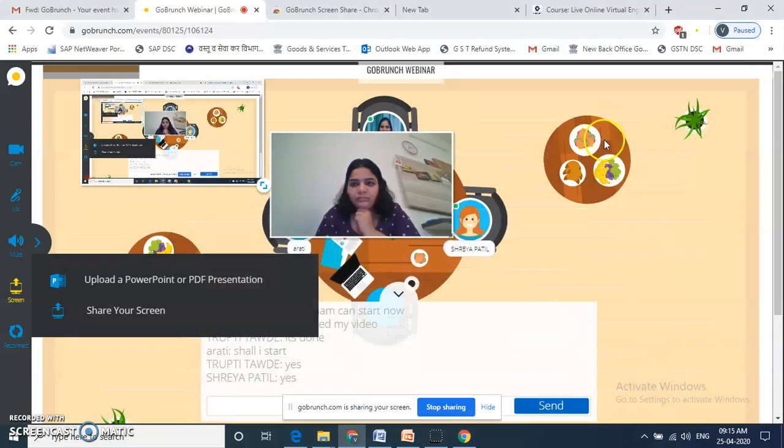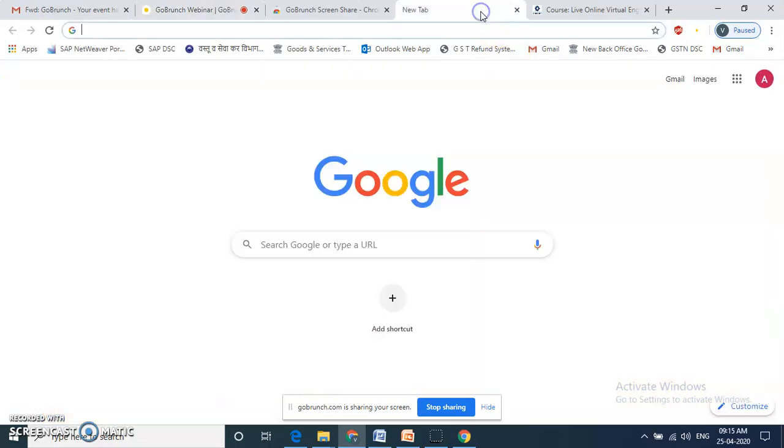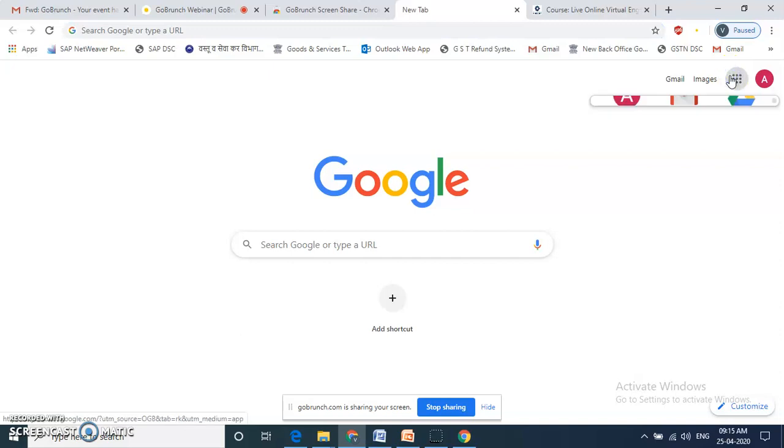So how to use these Google Forms? For that, we need to either use Google Drive directly, or type Google Forms in your internet browser and go to Google Forms. Here I am using my Google Drive for the same.